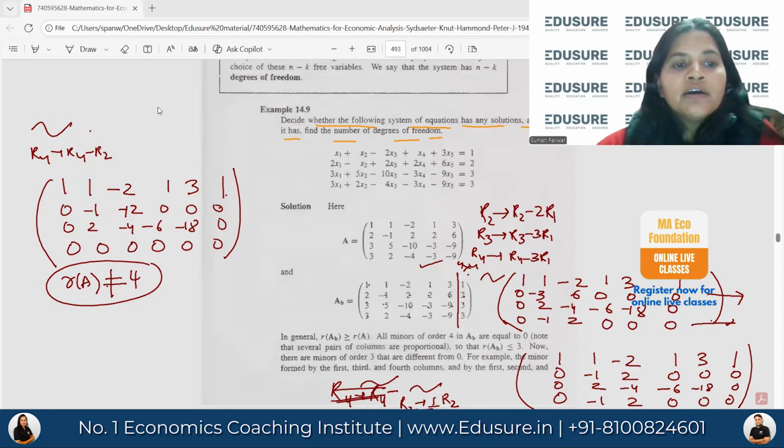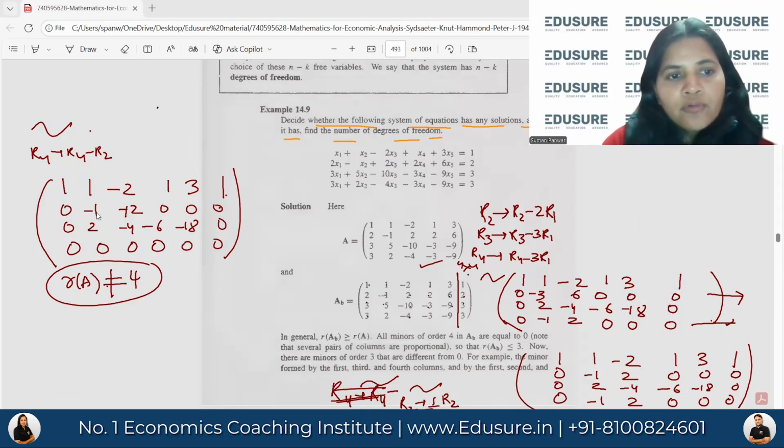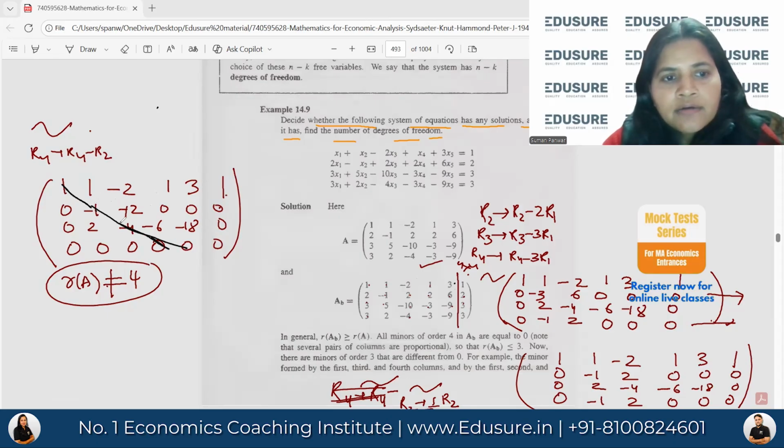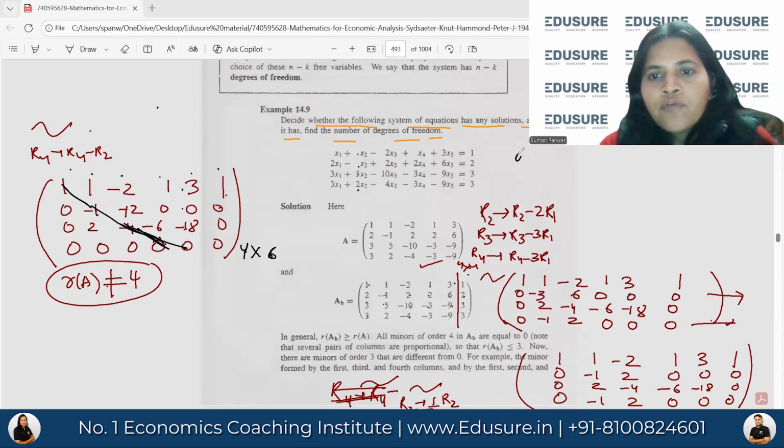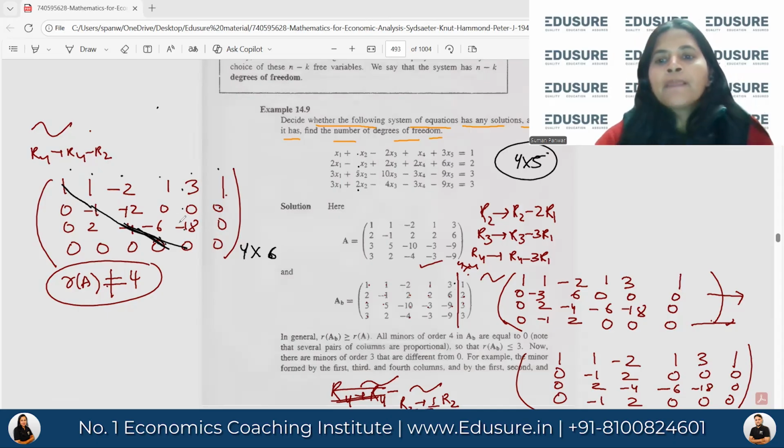So now let us see. I have to convert this into triangle form to confirm that. So my principal diagonal is this. So 1, 2, 3, 4, 5. Okay, so 1, 2, 3, 4 rows, and then I have 1, 2, 3, 4, 5, 6. Okay, this is a 4 by 6 matrix. So the original one was 1, 2, 3, 4: 4 equations in 5 variables. Okay, so as such the rank was supposed to be less than or equal to 4.